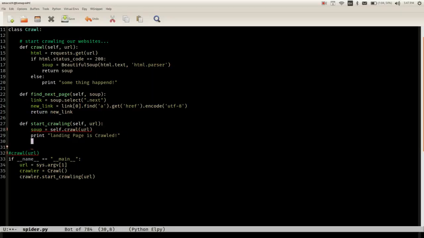Then the next link: next is equal to find next page of our current soup. So this is the problem solved with this soup 2. This is the soup we got here, and so next, and then we're gonna